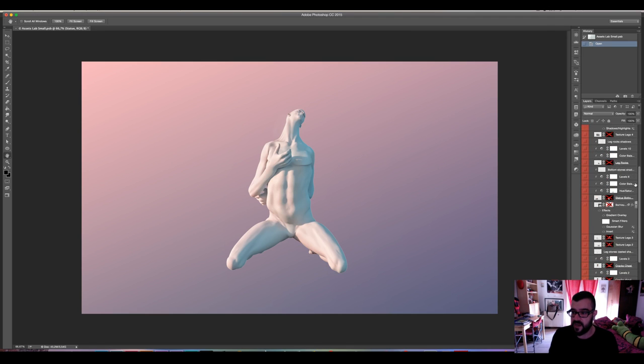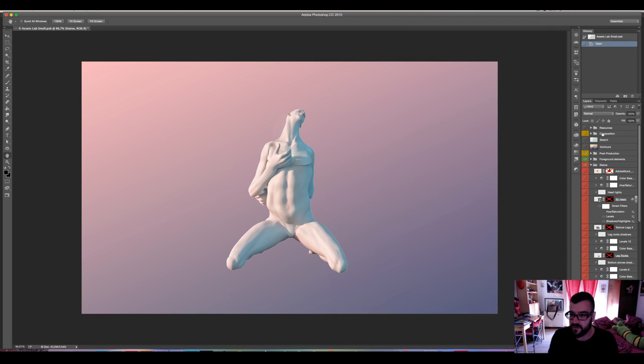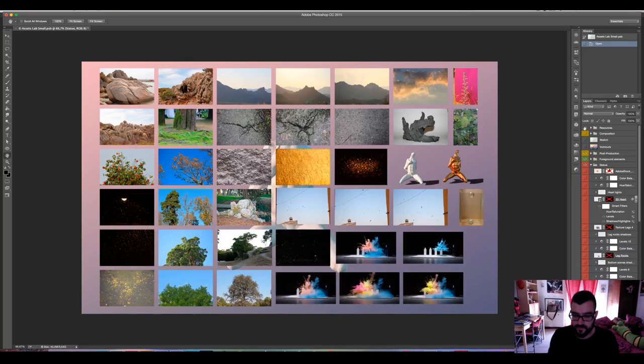But before that, I want to talk to you about resources. Here, there is a brief selection of all the resources I've been using to create this piece. As you can see, most of them are photos, some 3D renders, and of course the vector shapes from the Adobe Asset Lab. So, the layer section.